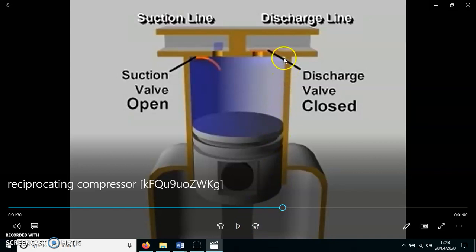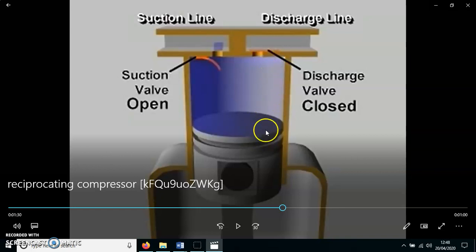So if the clearance volume is not there, there should not be air residual inside this clearance volume, and such a problem of late opening of the suction valve will not occur. But as the clearance volume is provided, there is always a residual amount of air at the end of the delivery of the previous cycle, and this causes delayed opening of the suction valve. So the effective volume sucked is always less than the theoretical volume sucked.